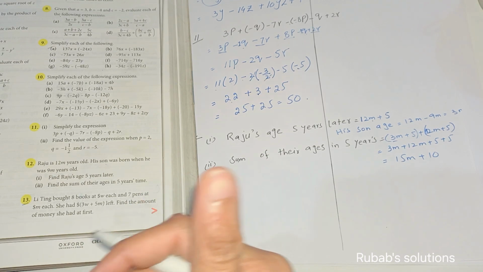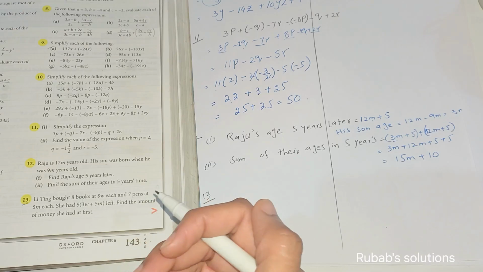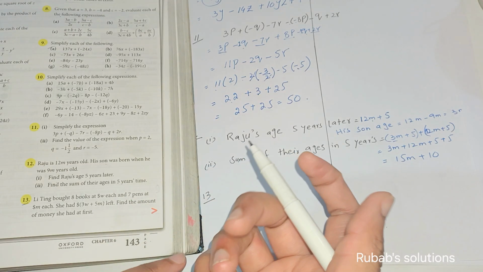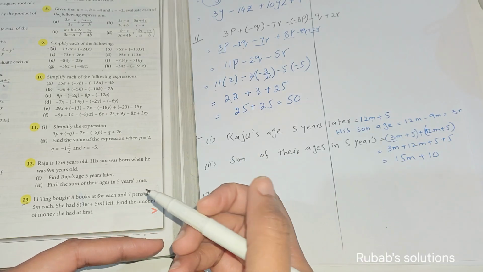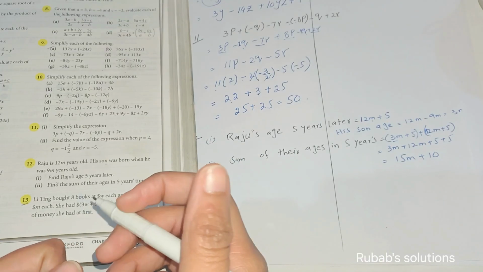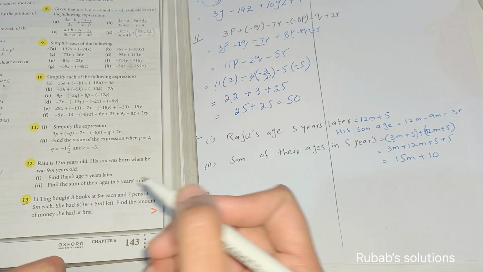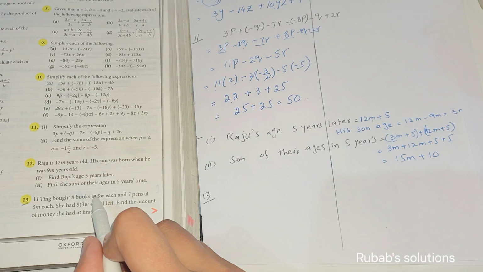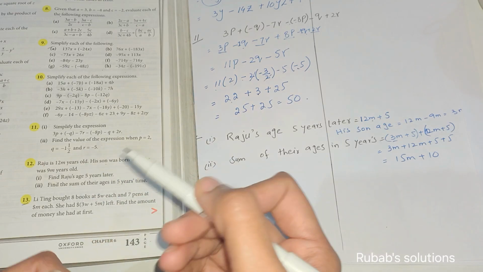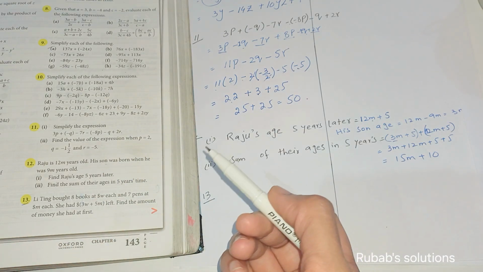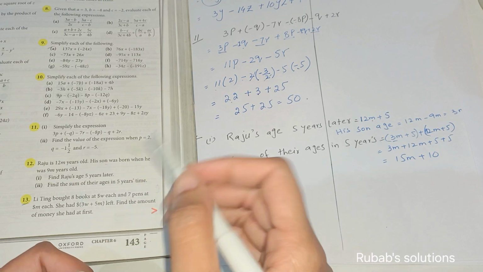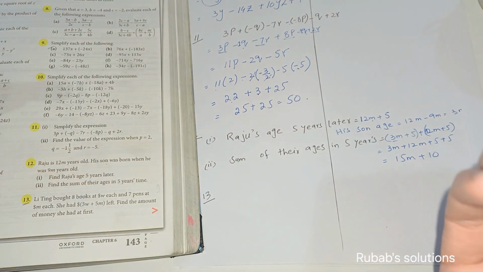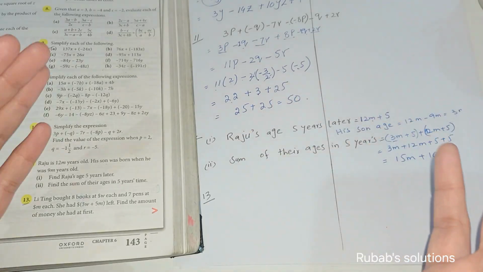So first of all, whenever we are buying something, we have to multiply the amount with the numbers. For example, if you are buying a pen that costs rupees 10, and you are buying 8 pens, that means the total amount is 8 multiplied with 10. So similarly 7 multiplied with M and 8 multiplied with W is the cost of the books and the pens. She had some money left. Whenever you are giving some money to the shopkeeper and he is giving you back, that means that is the total amount that you have spent and you have left.